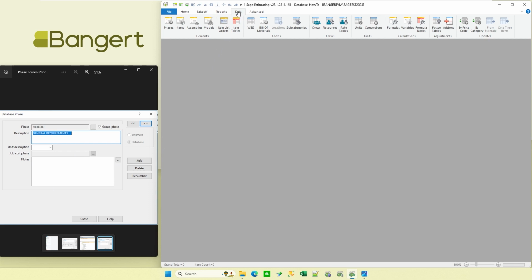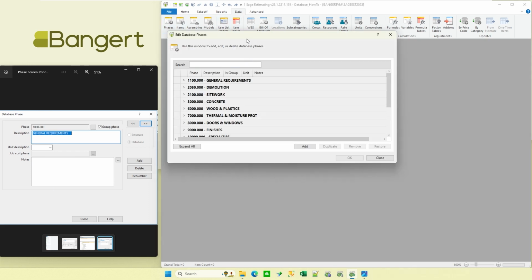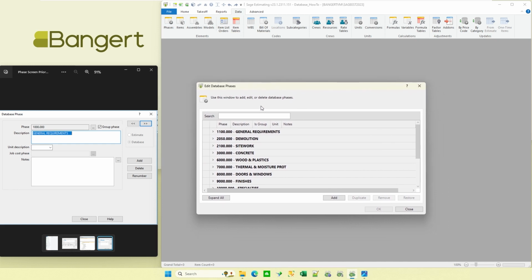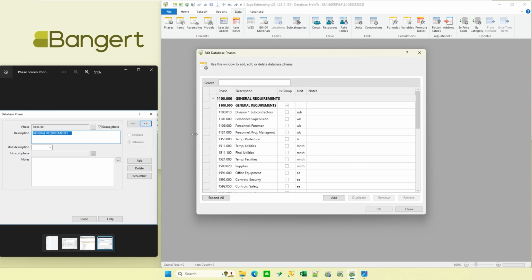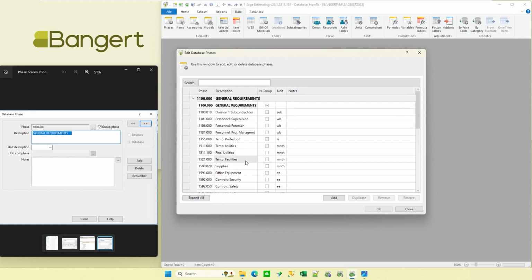If I go up to my toolbar and go to data and phases, this is what the new window looks like now. Right away, you can see a very different look. I can see a lot of my database right off the bat, including group phases. I can grab the box and make it a different size. With the old box, nothing would really move around other than maybe the width of it. Now I can come back and change some of my column widths and so forth.